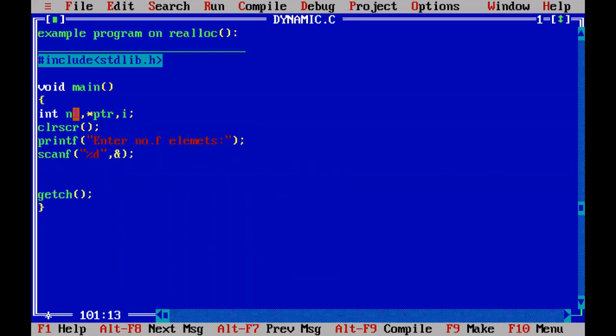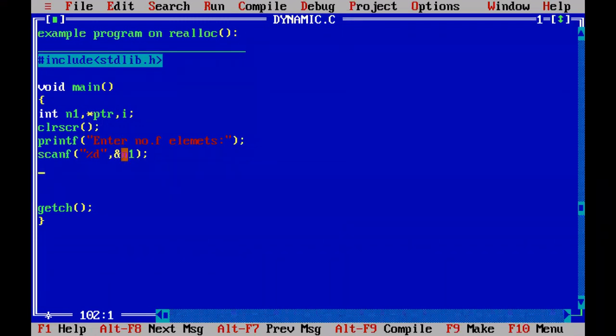Now n1 is 5. That means for 5 integer elements, we are going to allocate a single block of memory by using the malloc function. Now you know for how many elements you want to allocate the memory dynamically. For n1 elements. What is the value of n1? 5.